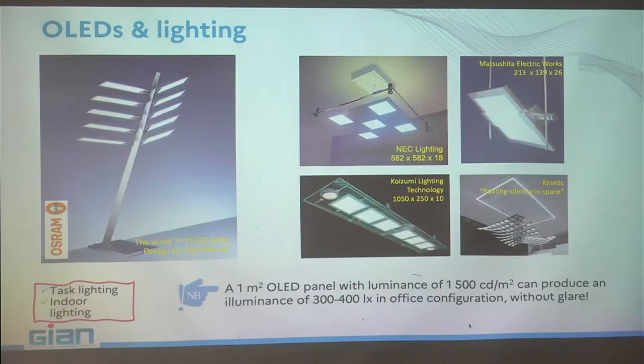And just to remind you, if I have a single 1 meter OLED device with a luminance of 1500 candela per square meter, which is very low, so you cannot be glared by that, then you can obtain 300 to 400 lux on the table, which is what is requested by the